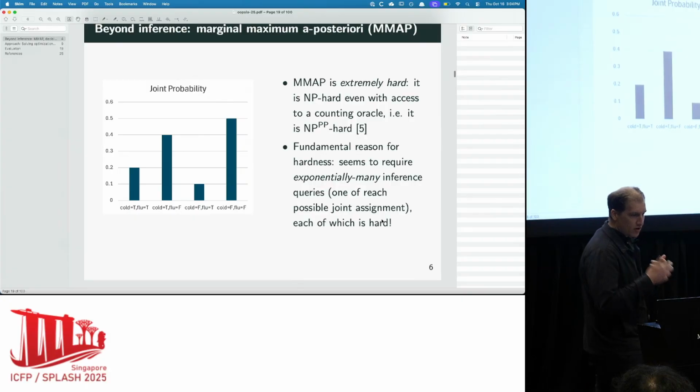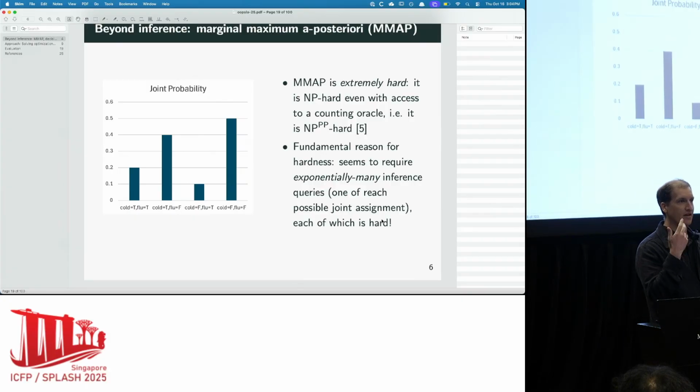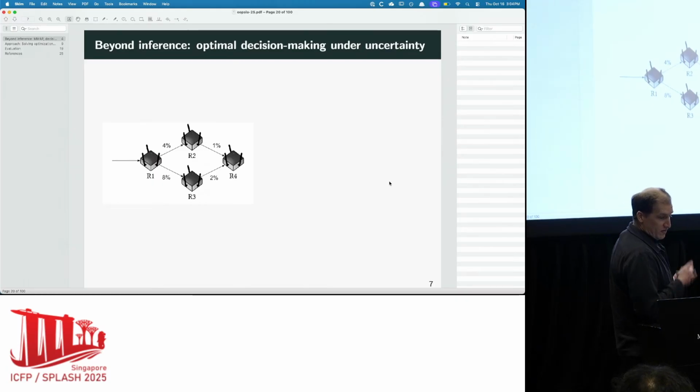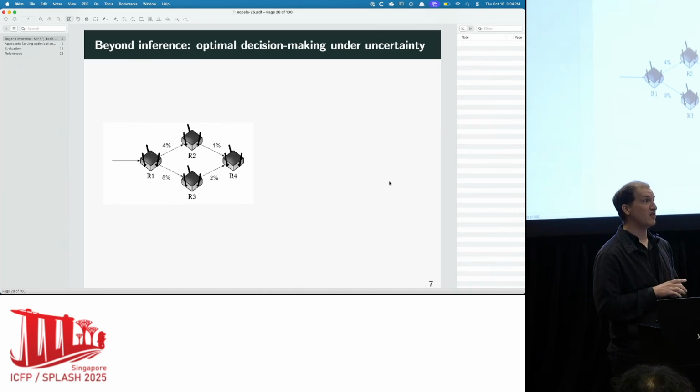And there's an intuitive reason for this hardness. It seems to entail somehow enumerating over all the models. Okay, so that was marginal map, finding the most likely joint assignment. There's another kind of task that has a very similar character,